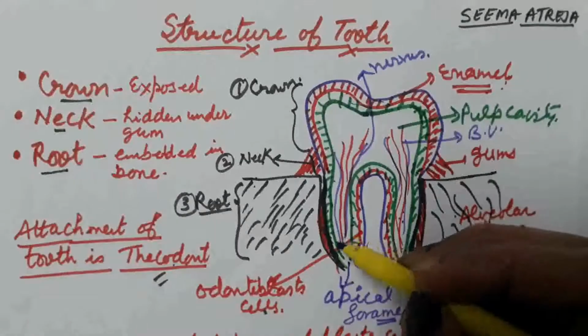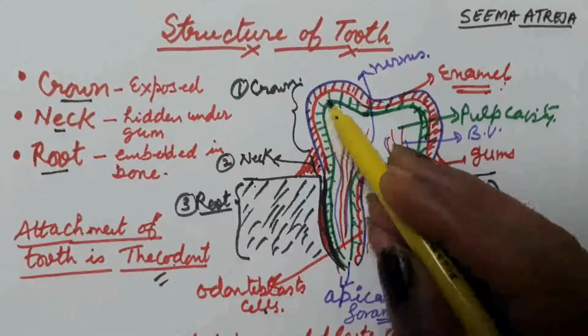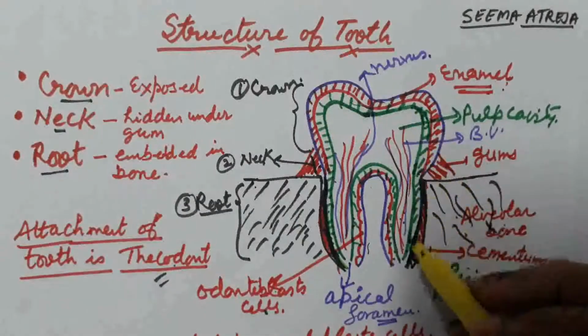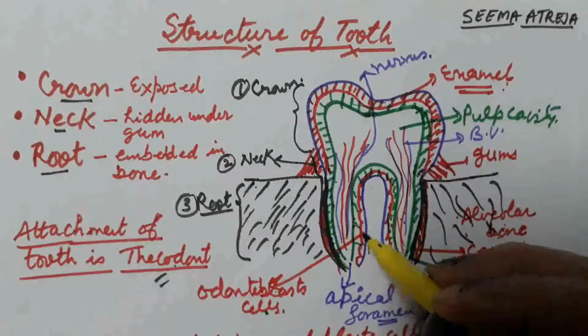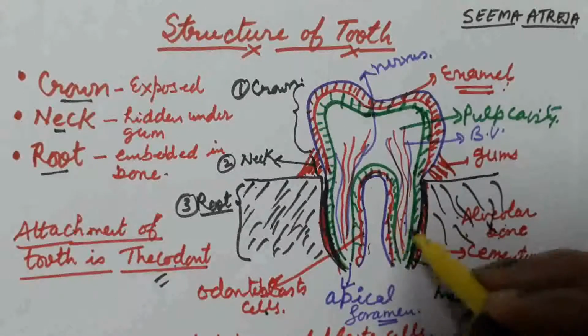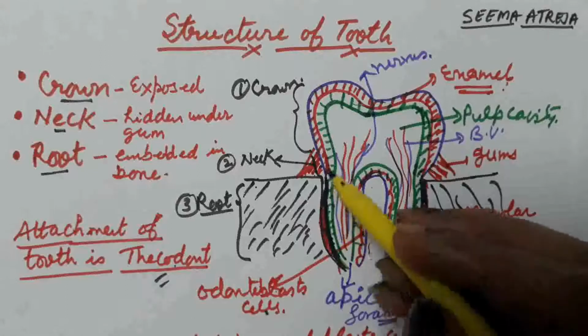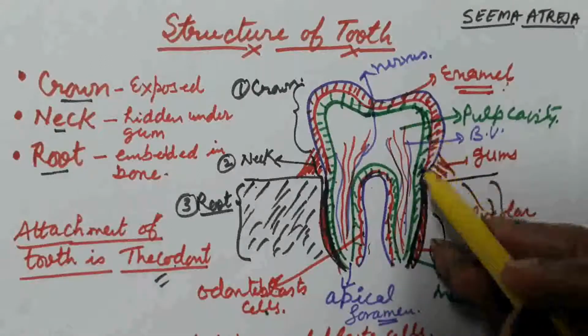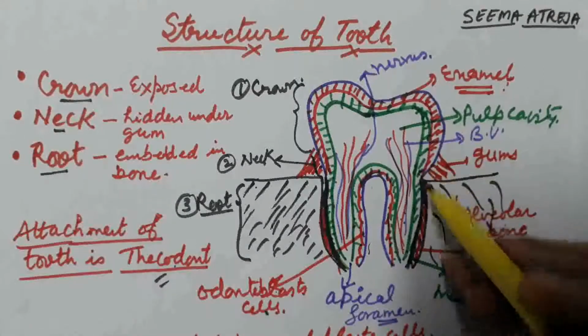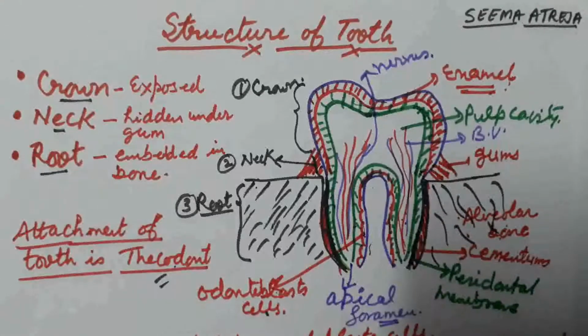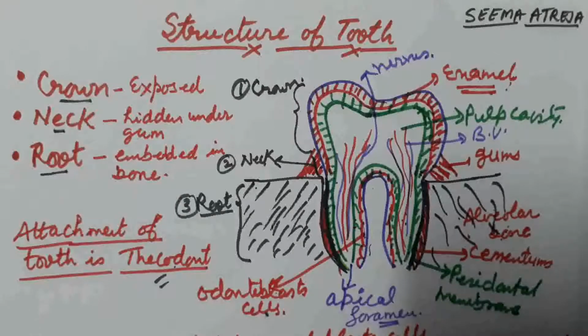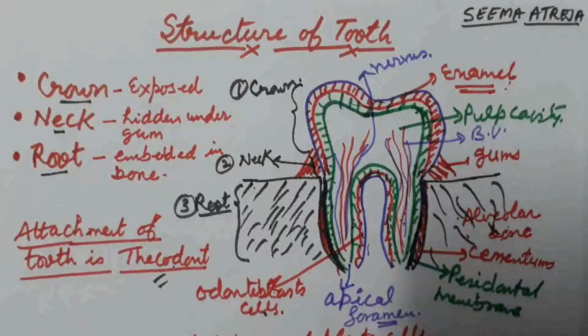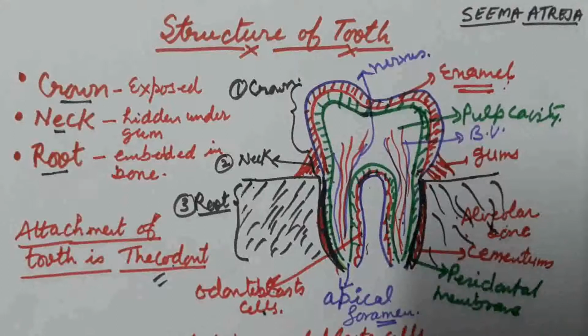Fluorine is required for the synthesis of enamel, but if fluorine is present in excess, it causes mottling of teeth. The second layer, which we represent with green color, is known as the dentine layer. Odontoblast cells secrete this dentine layer. The dentine layer is present over all parts of the teeth, in the crown region, neck region, as well as the root region. Dentine is also harder, but not than enamel. It is mesodermal in origin.